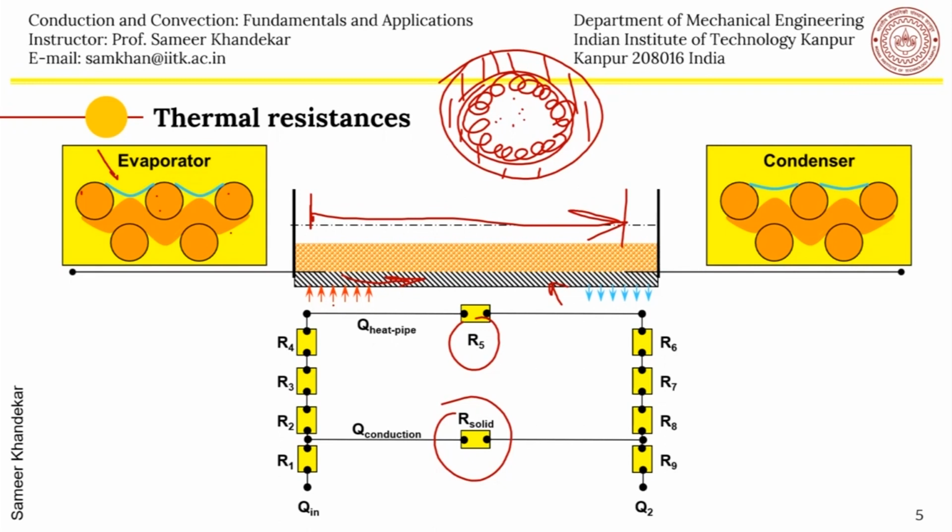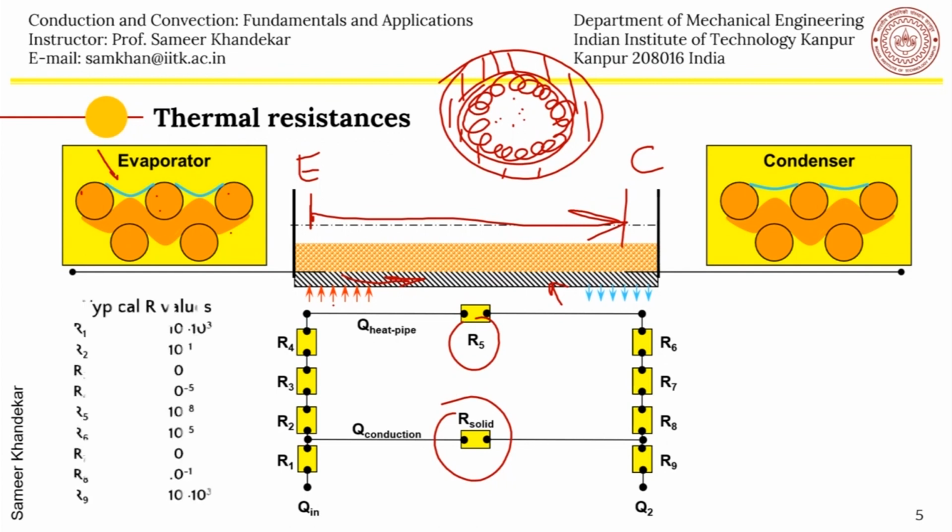So as you can see, the heat has to first travel from the outside chip or microprocessor or a thyristor to the tube here, and then this heat has to travel through the wick. So you can see R1 is the outside resistance where you are mounting the heat pipe, which is in fact one of the largest, as you can see, of that order. And then comes the resistance of the tube, then comes the resistance of the porous structure,